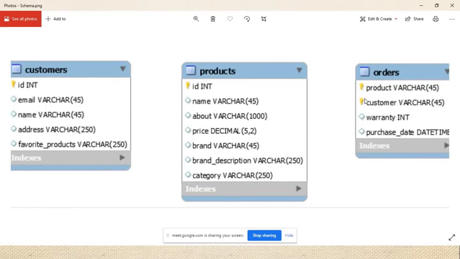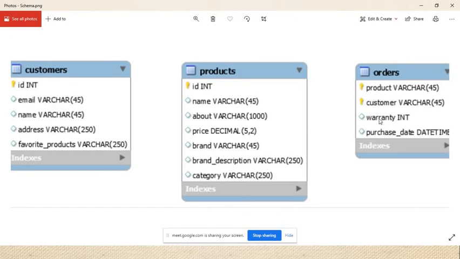In that section, we can say that this product ID and this customer ID is the primary key of what? Orders. It's the primary key of that order. And what about these IDs? For example, product and customer, right now there is no foreign key used over here. Okay, no foreign key is there, so don't worry about that. Foreign key means that if we use the primary key of one table inside another, then we call it a foreign key. Okay, so in that section, product and customer are the composite primary key.